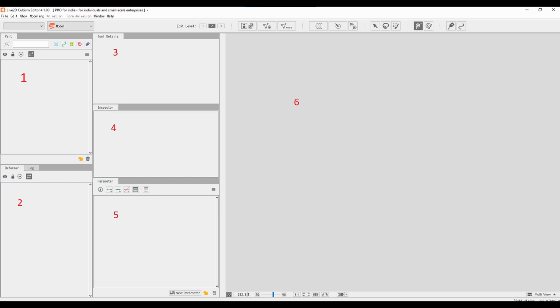And then we have the parameter interface. It's where you will create parameters that will make you move the model, and it's the most important part for me. So I will explain it in detail in the video. Then the sixth interface is where your model will be shown. It's a window where you can